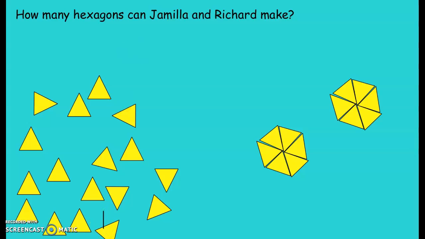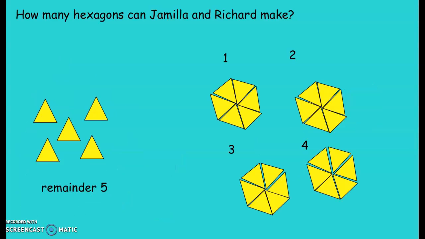So, we've got 6 in this hexagon here, 6 in this hexagon here, and these should be our remaining triangles. So let's have a go at plonking them into hexagons. As if by magic, Mr. Keeler has done it with the click of a button, and here we have 1, 2, 3, 4, 5, 6